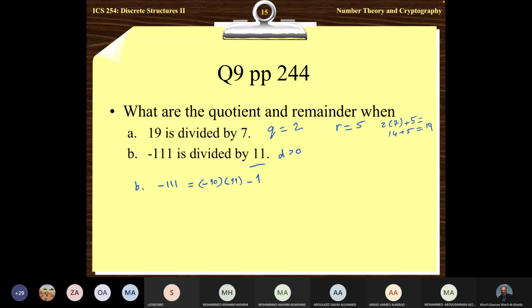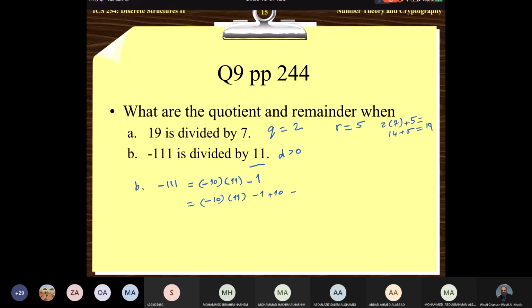No. What I will do is add D to R and decrease the quotient by 1. Basically, what you said is similar to what I'm going to do now. Isn't this the same as minus 10 multiplied by 11, minus 1, plus 10